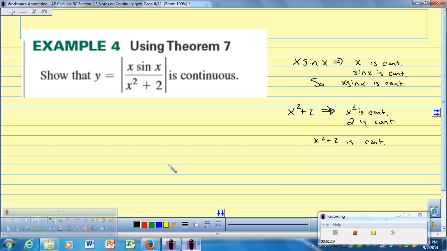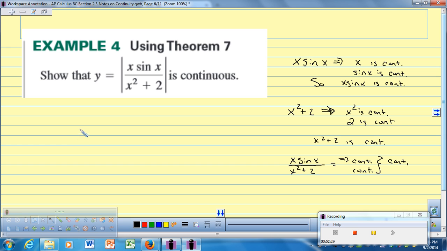All right, so let's go one step further. If we have x sine x over x squared plus 2, the numerator is continuous and the denominator is continuous, and the denominator cannot equal 0. So the quotient of the two is a continuous function as well. All right, so finally, we've looked at products, we've talked about sum and difference, we've looked at quotient,